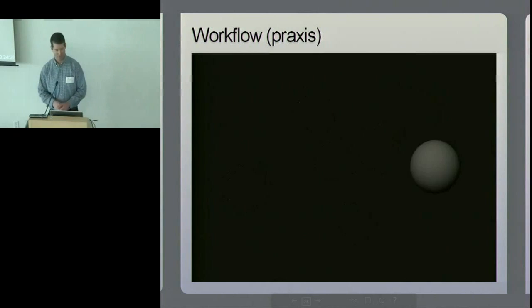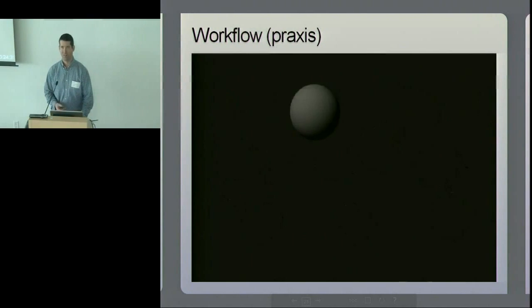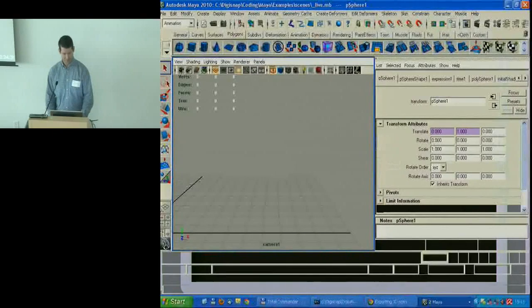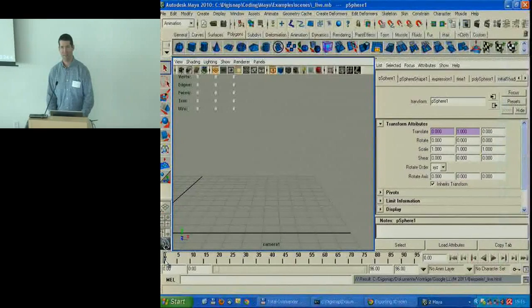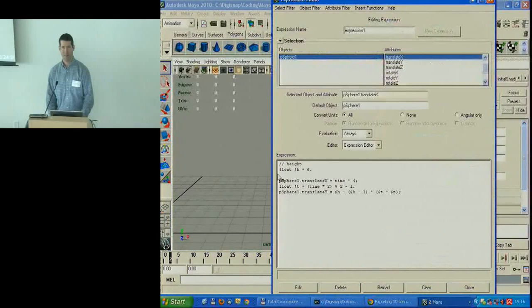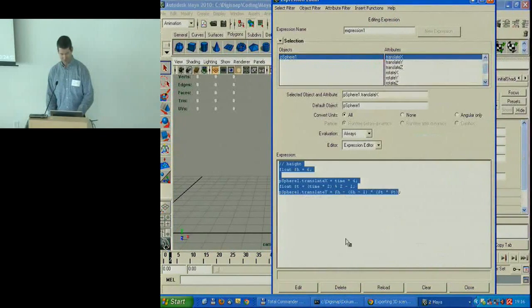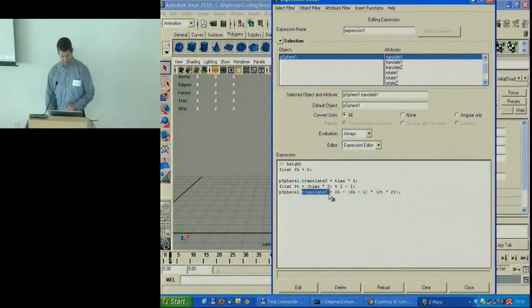So I can show how it actually works. Here we have the bouncing ball. And this is our bouncing ball in Maya. This is simply a Mel expression that modifies translate. Translate y and translate x are set for the sphere. And so now, for example, we can modify the height of the bouncing,